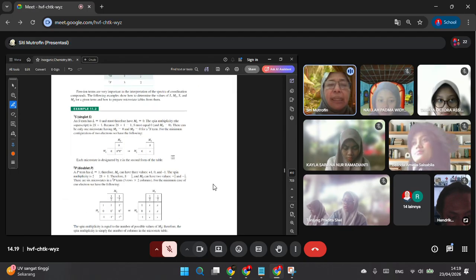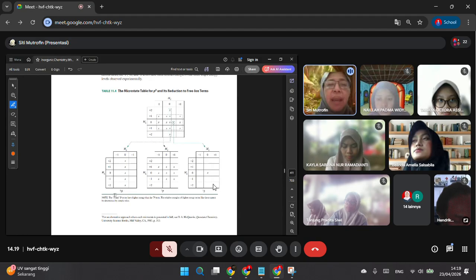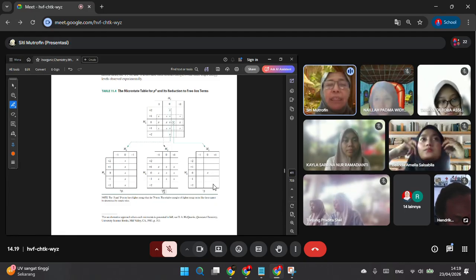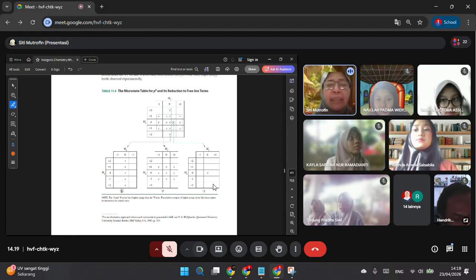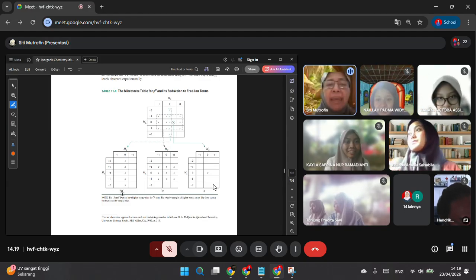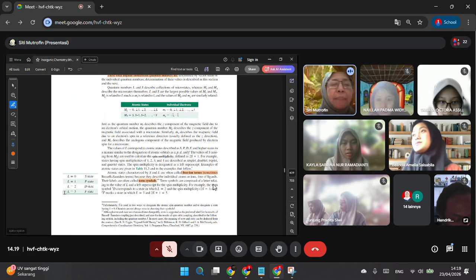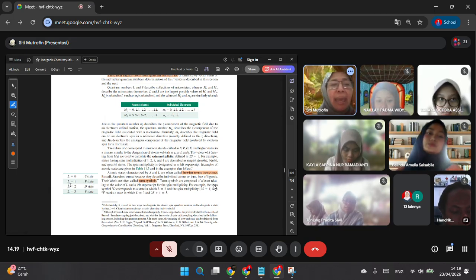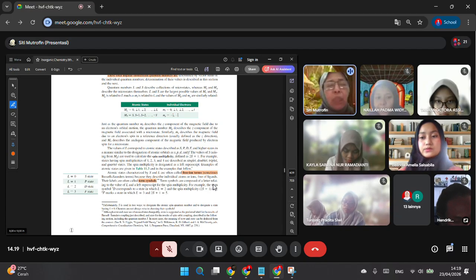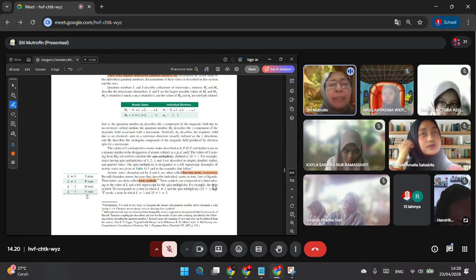So when we see the free ion terms or symbol terms 1D, 3P, and 1S, they mean that capital S is equal to 1, and L is represented by the D state here. L equal to 0 means the state is S. L equal to 1, the state is P. L equal to 2, the state is D. L equal to 3, the state is F, and so on. If L equal to 4, the state will be H.